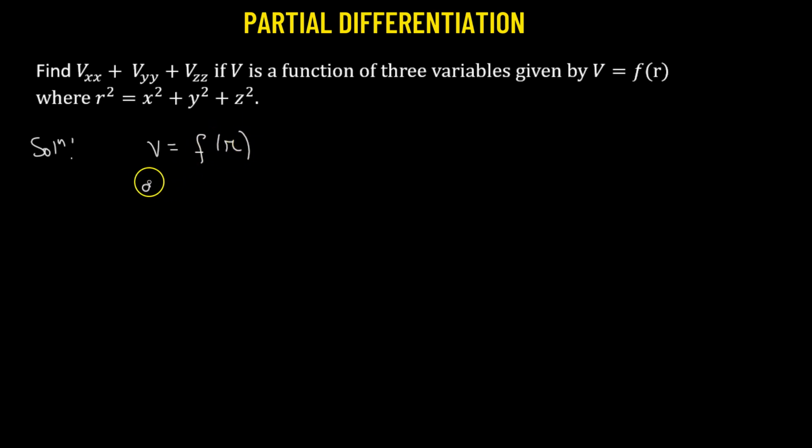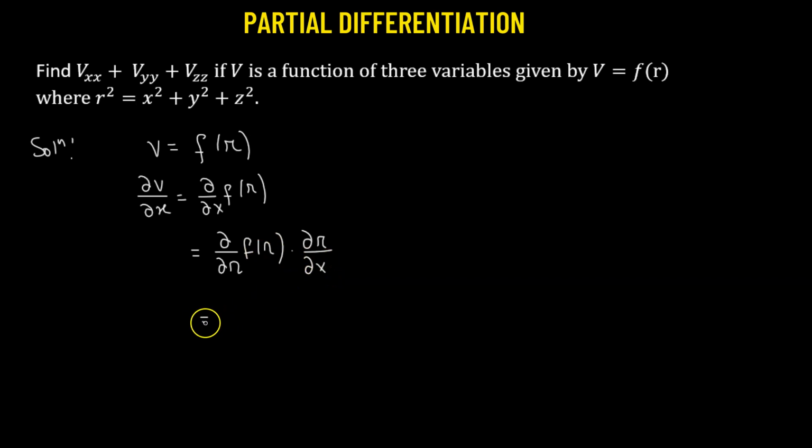Now we'll take the partial derivative of function v with respect to x. That means we take the partial with respect to x of our function f of r. So that means here we have partial with respect to r of f of r times partial of r with respect to x. This is the chain rule. So we have f prime r, where f prime r is the partial derivative of f of r with respect to r,